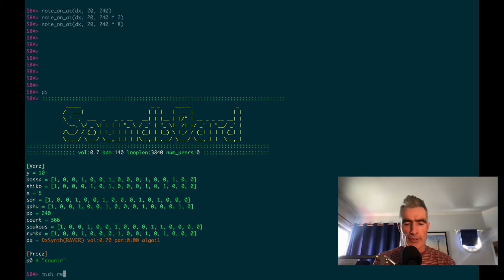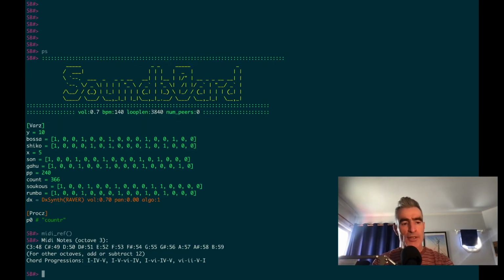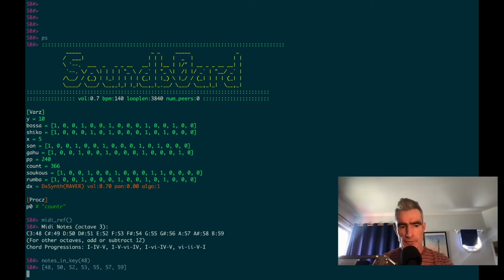Let's see the MIDI ref again. So let's start with this C3, MIDI value 48. There's an inbuilt command, notes in key. This could perhaps be called scale better. If you call it with 48 here, we're passing in a root note, so we're passing in C, so it's going to be in a C scale starting from C, and it's going to give us a major scale, so that's the 48, 50, 52,